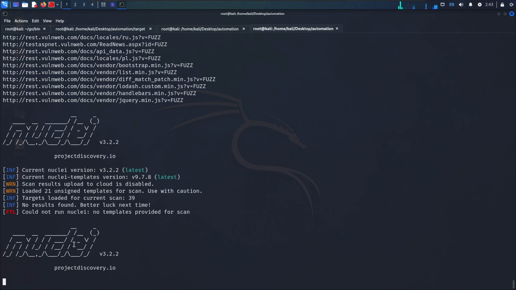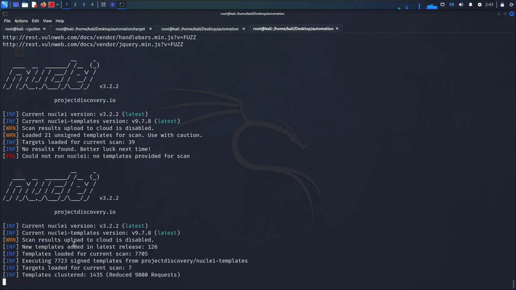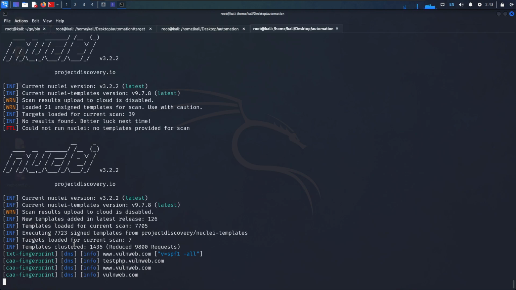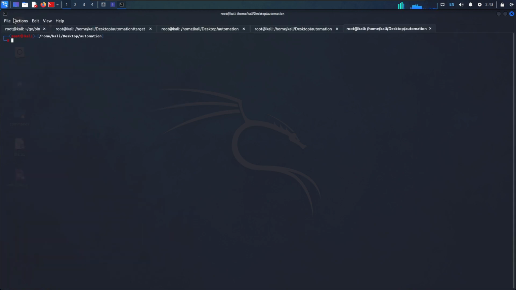The nuclei fuzzing templates have run. They didn't discover anything. And after that you can see the second scanner of nuclei has been started, which is basically doing a great job. It will try to figure out all the vulnerabilities for us. But the main thing is I need to show you what is happening there. So if I